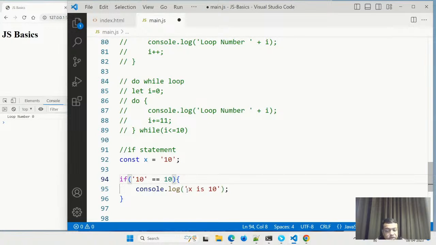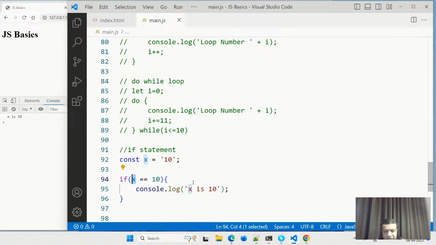In almost all programming languages, it will not execute because string 10 is never equal to number 10. But in JavaScript, it will execute and evaluate to true. Why? First, this is how an if statement works. If the statement is true, it will run whatever is inside it. If the statement is false, it will not. But the next question is why string 10 is equal to number 10, because that is the way JavaScript